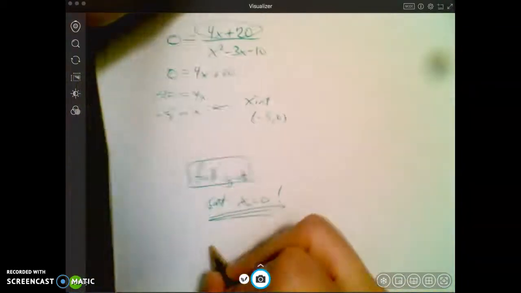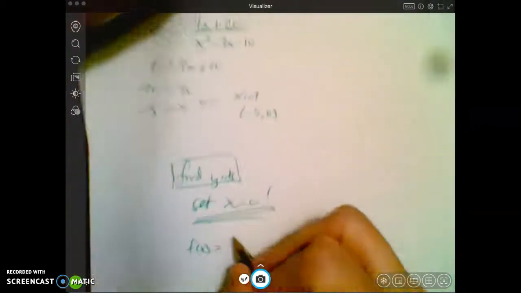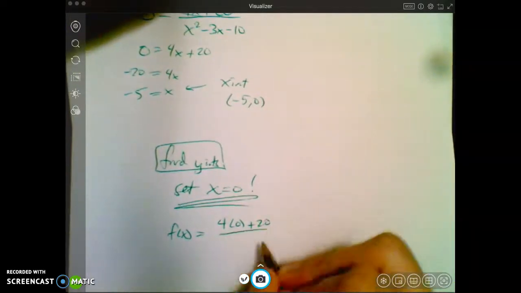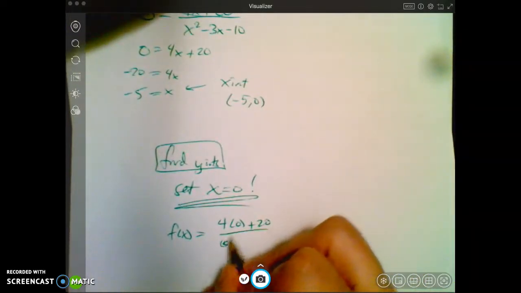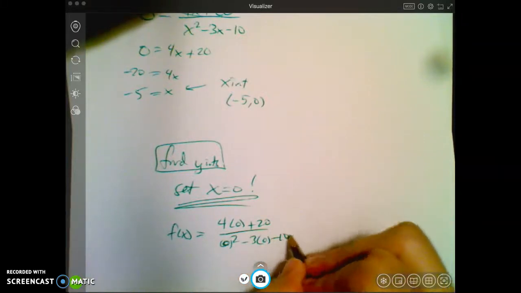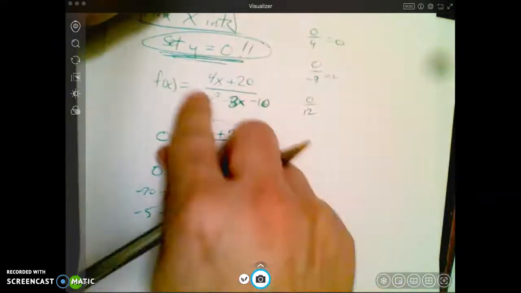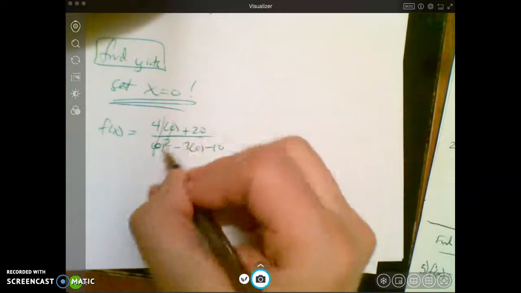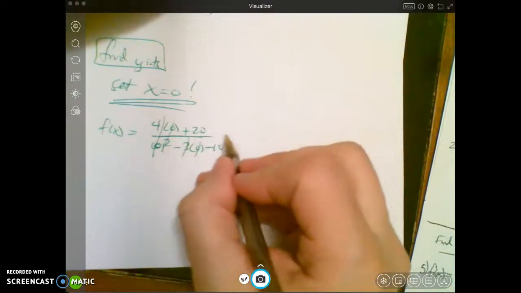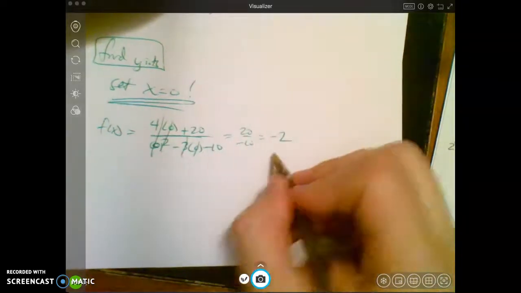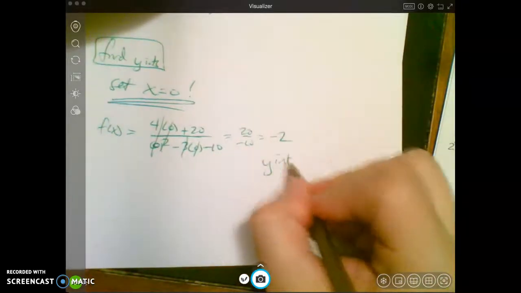So I'm going to go ahead and say 4 times 0 plus 20 over 0 squared minus 3 times 0 minus 10. So it's taking my original equation and putting zeros in for all the x's. Basically, this goes away, this goes away, this goes away. And you're left with 20 over negative 10, also known as negative 2,